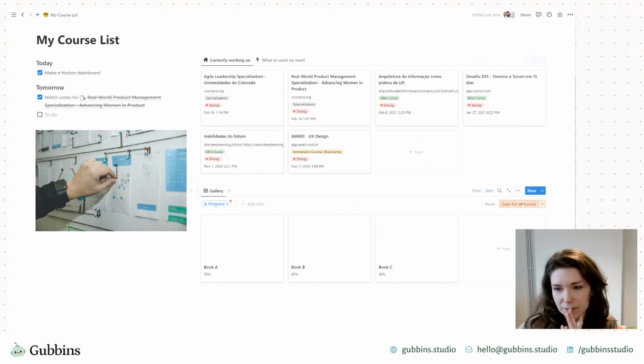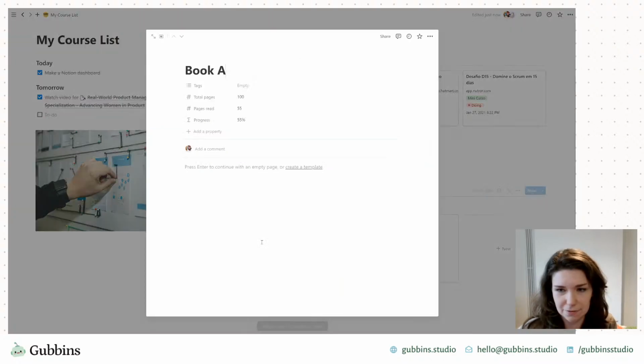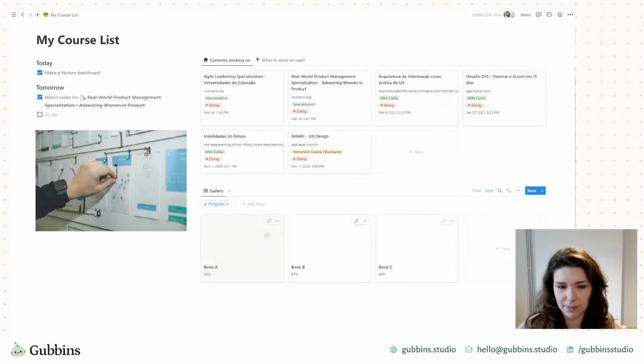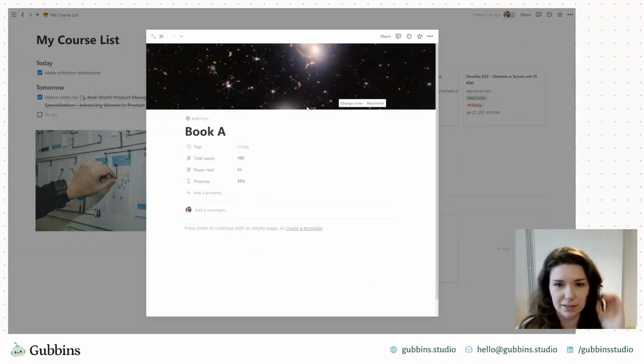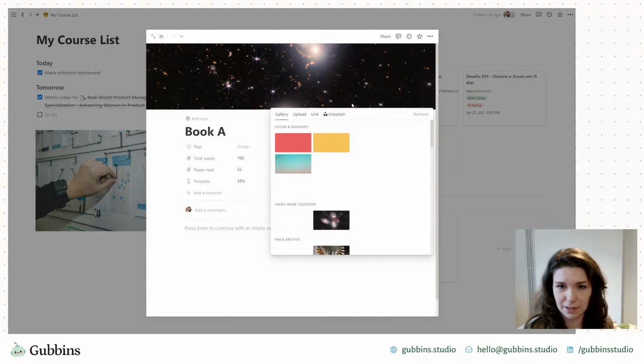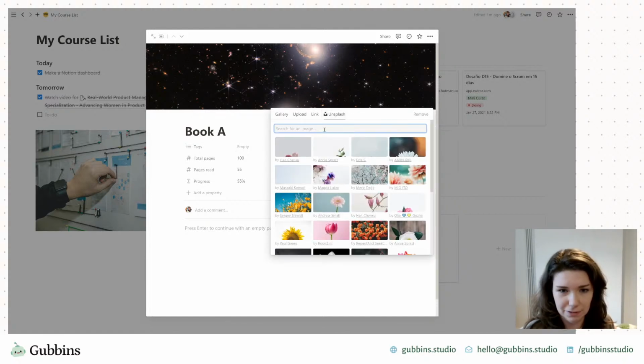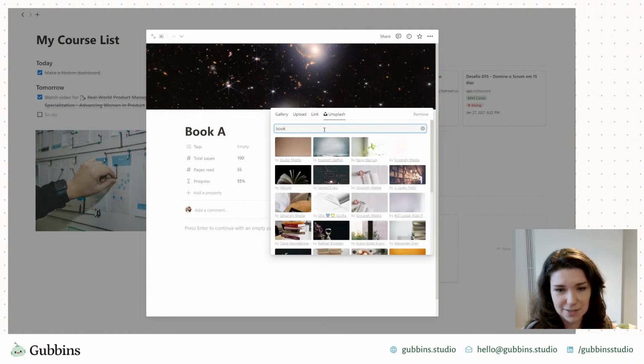One more thing to show you is that for each book, you can set, because it's not easy to tell just from the title, right, for a book. It's easier to be able to see the cover. So let's say for this book A, if you set the cover to be a picture of that book's cover, obviously Unsplash isn't going to give this to me.